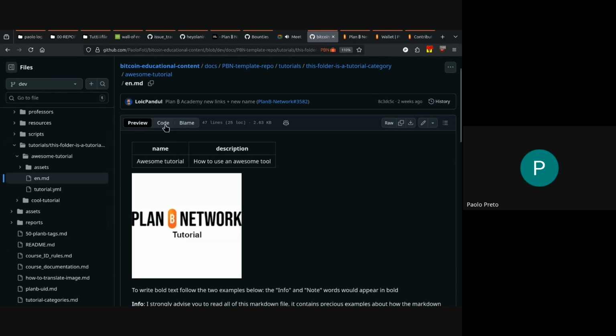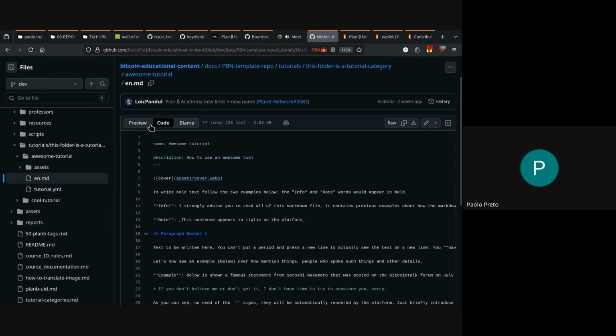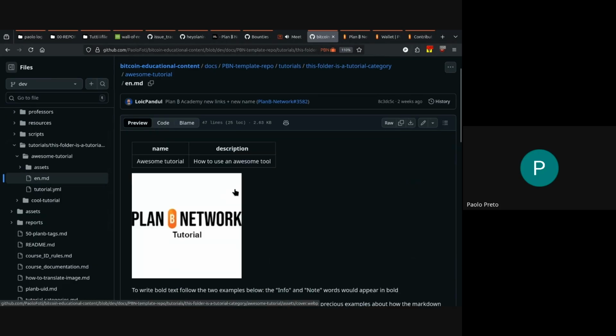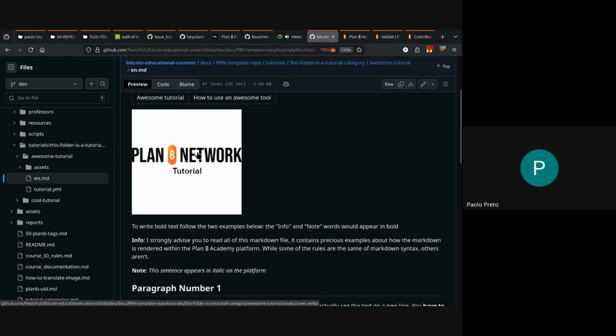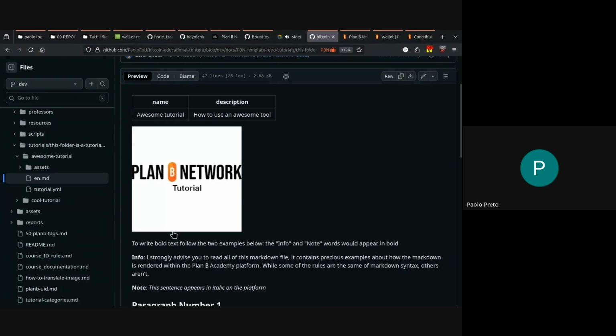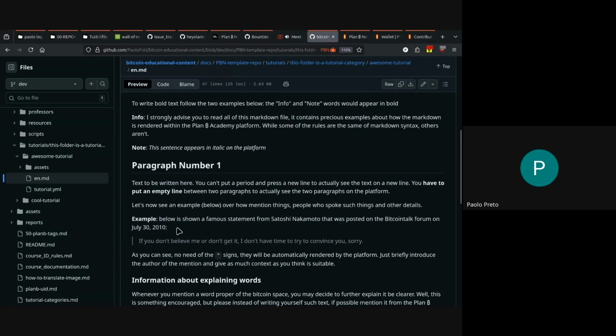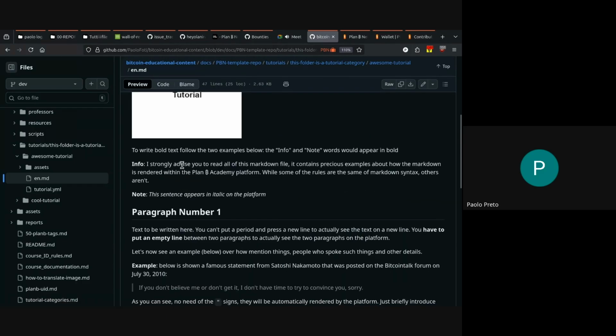So as you can see, what I've done in this example is that I put the name and the description as usual. I put an image, and this image is going to change, and then I basically write all the writing rules of the tutorials inside this file. If you don't want to read it all, if you can't remember exactly what was the